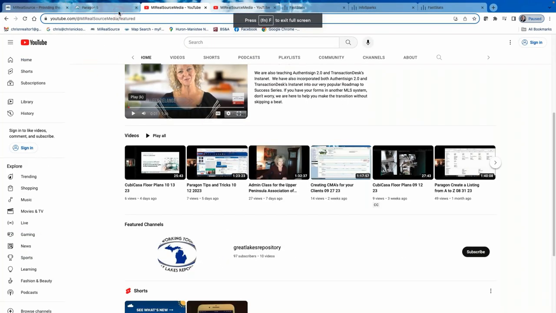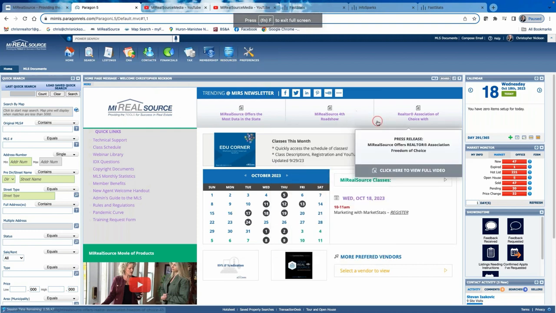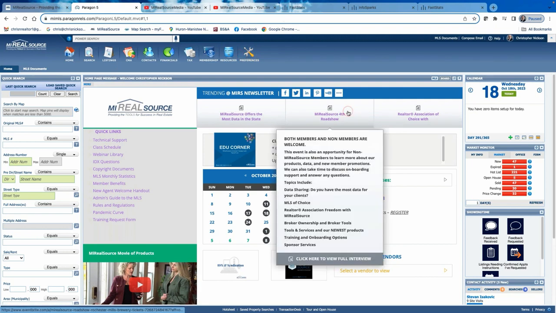You guys logged in for InfoSparks and MarketStats, and FastStats, how to do that. I covered a little bit of a couple other things, including Cuba Casa and our data sharing and our YouTube page and where to get the information. I hope you really use this stuff. The information I showed you, I roll it out quarterly. I set something up. It took me a little while to figure out the best way to use it for me. But once I initially got it set up, it's one of the things I now roll out quarterly